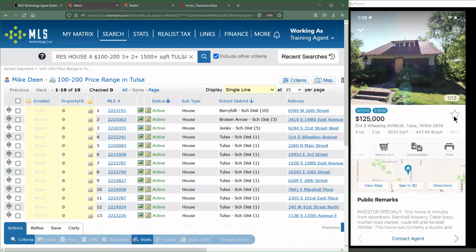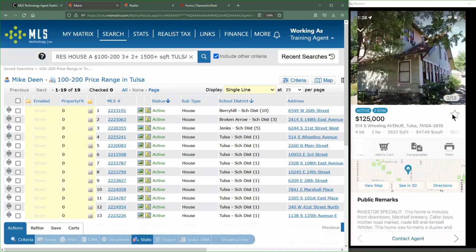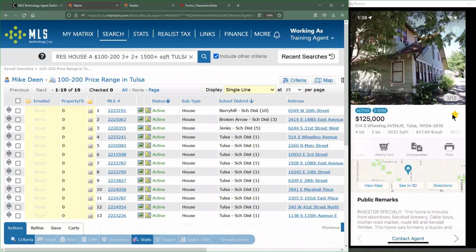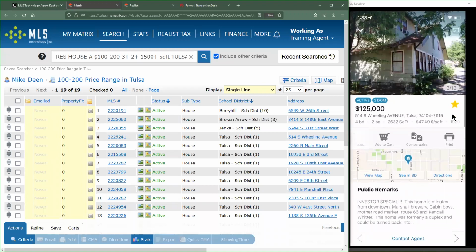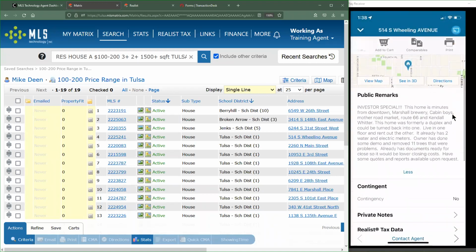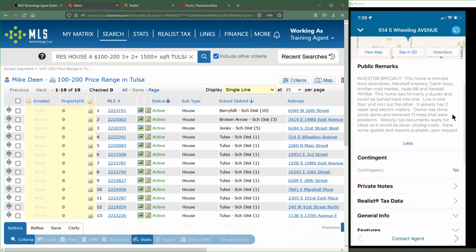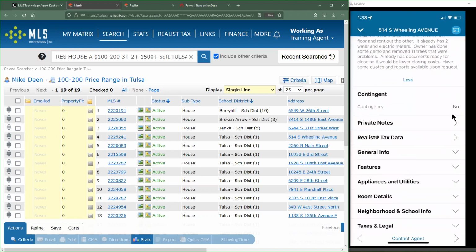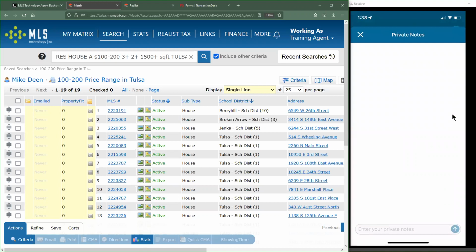There's even a star. So once you guys are actually in a listing, scroll through, see all the photos for it, star it, and that way you guys can find this again easily. So this 514 South Wheeling Avenue, I'm going to be able to see in my saved properties. A little further down, I've got the public remarks. Again, this is what we just increased to 2,000, so this is going to take up a lot more screen space soon, depending on how many people start using it. We also have a section here for private notes. So if you guys are discussing things with a client and you guys are on a showing tour or whatever, and they're like, hey, you know, that property that's across the street looks pretty nice, you can add in a note why it was they liked it, etc.